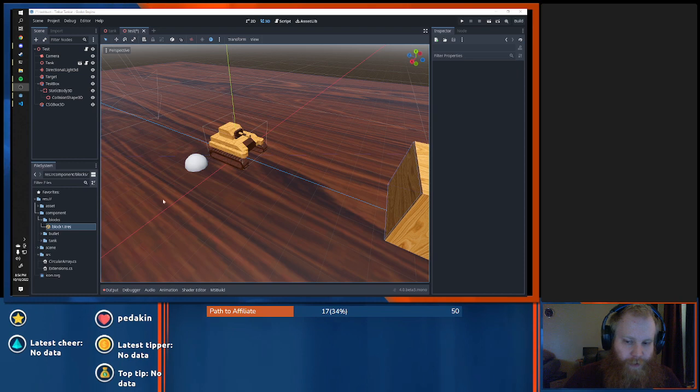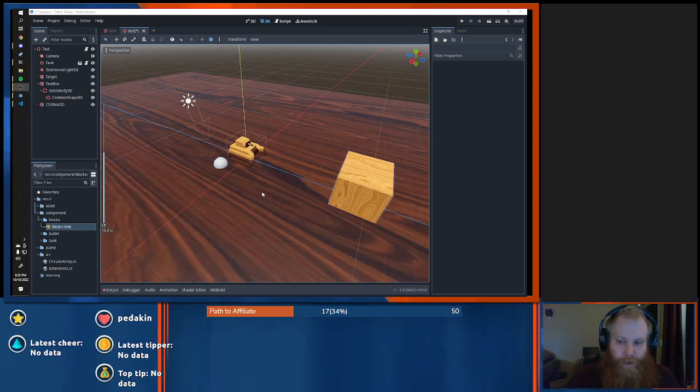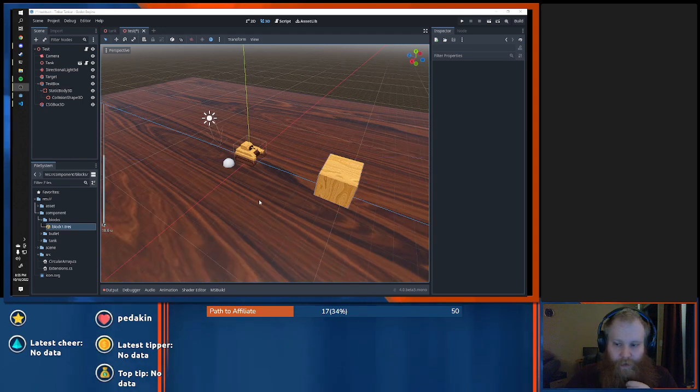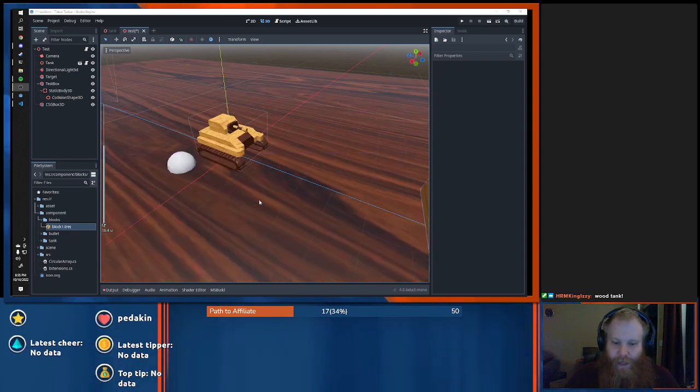Okay, so I'm going to try something a bit different today. We're going to do our first time streaming some software development. This is a game project I'm working on just to kind of learn this engine again. The last few years, I've spent most of my time developing and working within my own engine. Yeah, it's a wood tank.